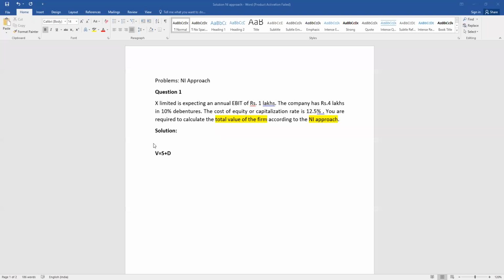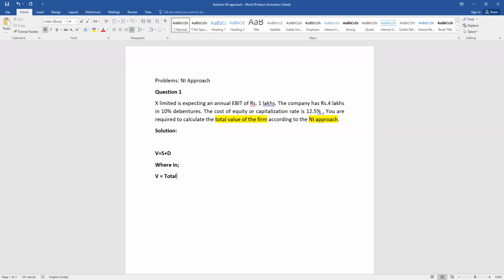Now how do you calculate the total value of the firm using NI approach? The process I'm telling you now, please listen carefully. The formula to calculate the market value of the firm is: the total value of the firm is V equal to S plus D. Please write down, wherein V is equal to